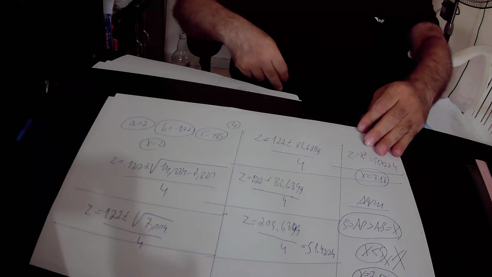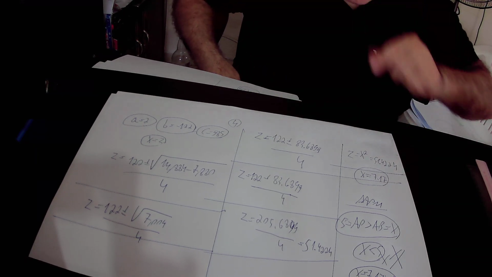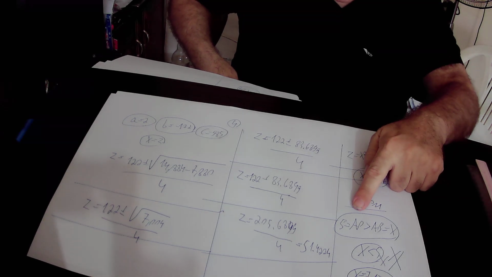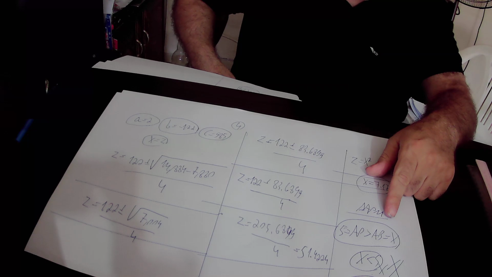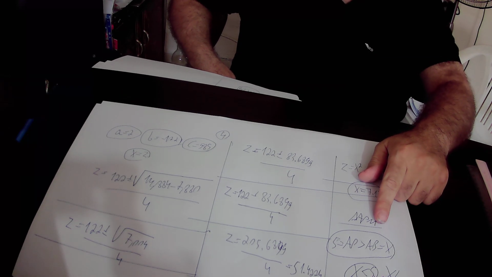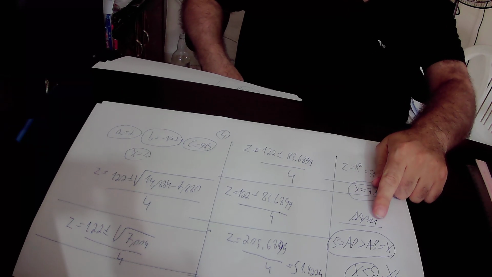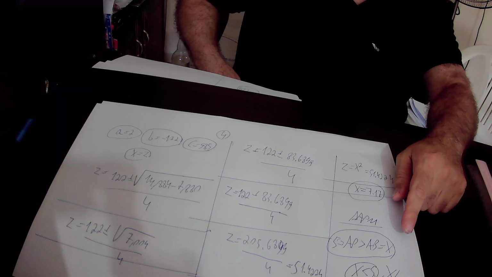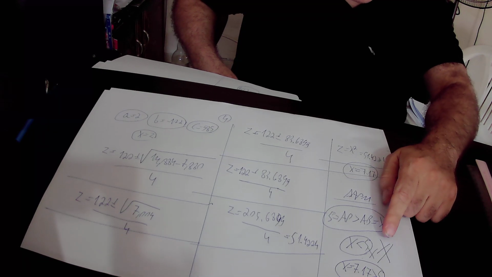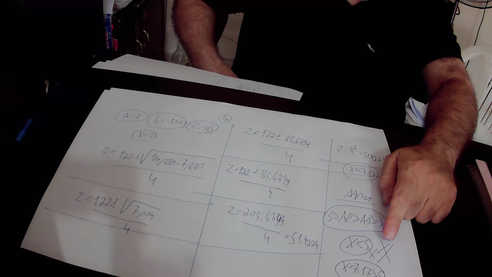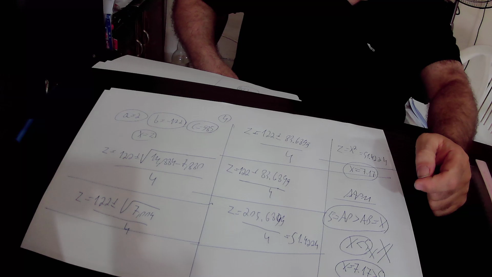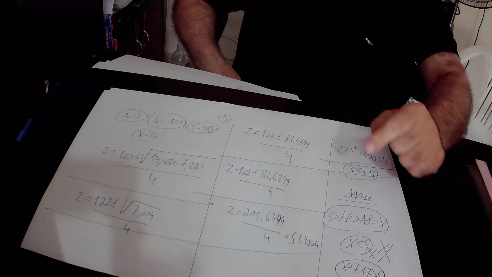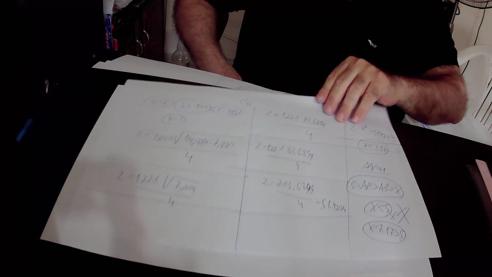I wrote it down here: in the right triangle APM, the hypotenuse AP, which is equal to 5 units, is bigger than AB, which is equal to x. From this inequality, we get that x is less than 5 units, but we just found that x equals 7.17 units, which is greater than 5 units. So we have a contradiction, and due to the contradiction, we cancel the first solution and we focus on